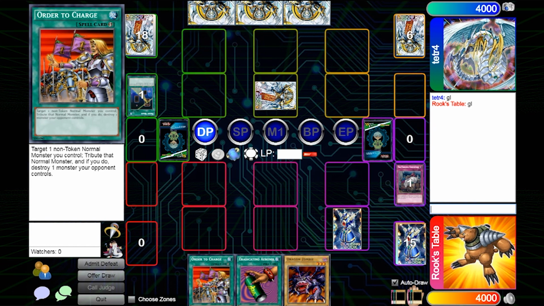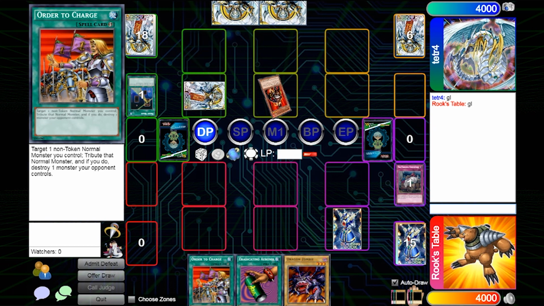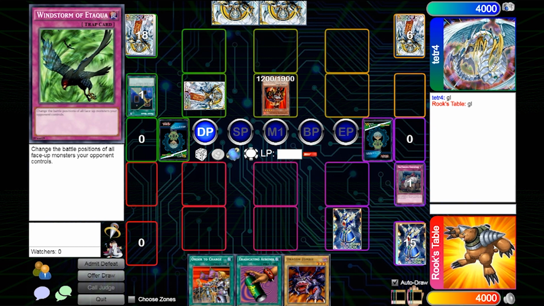So I do run the Hidden Parasite with this deck. It's pretty much a no-brainer, as there's no real good skill that synergizes with the Enchanting Fitting Room. But Dragon Zombie on its own is not that strong. Order to Charge would be good to kind of take out some big monsters, but as you can see, Tetra's